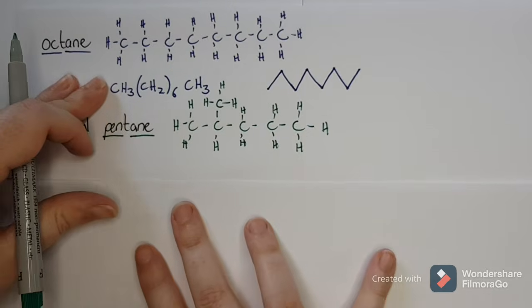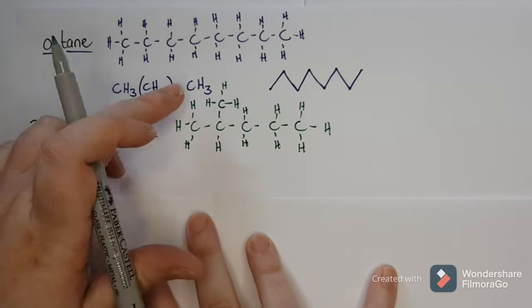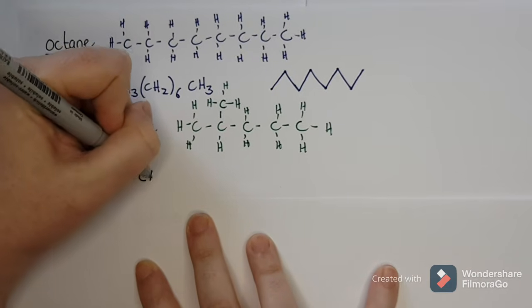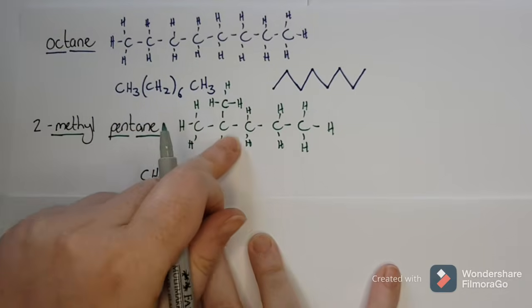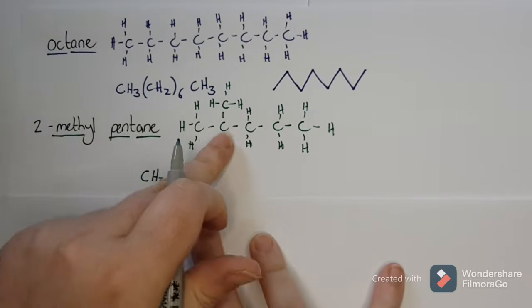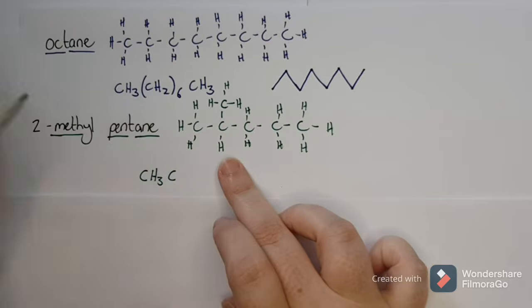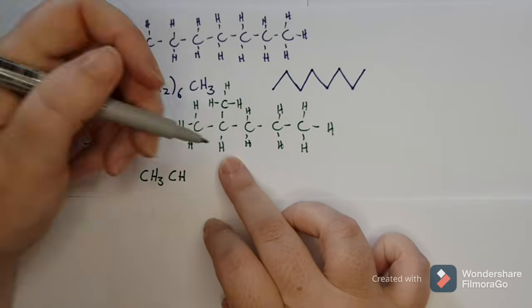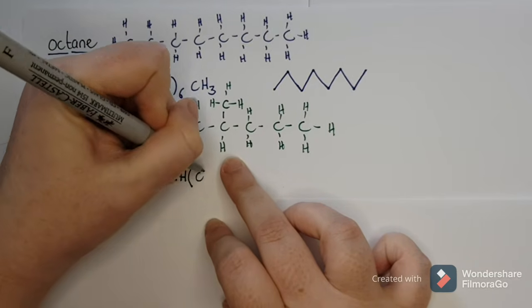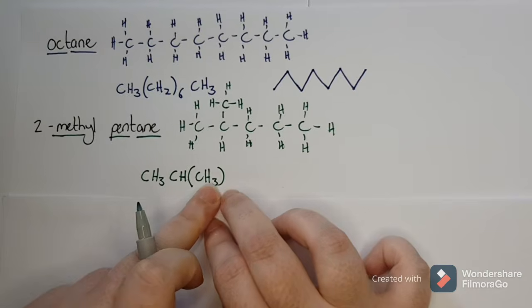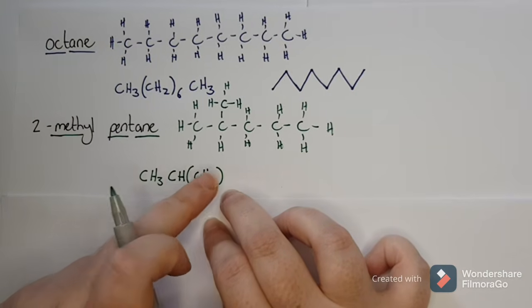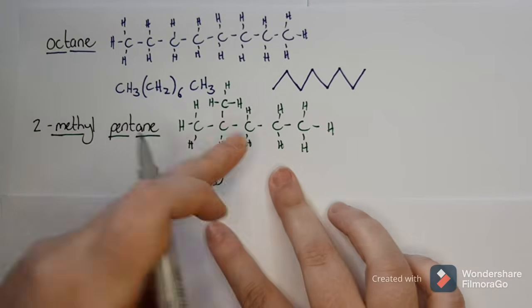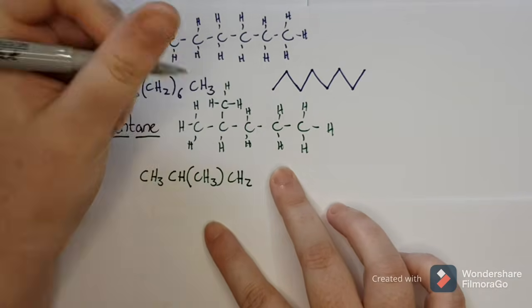And then we need to draw that structurally. So again, starting with my first carbon, I have C, and there's 3 H's on it. Then the next one, I've got a carbon. On this carbon, there is 1 H and the side chain. So in brackets, I say CH3 because this bracket means that that whole thing is attached to the carbon before it. Then I can move on to the next one, and I've got CH2,